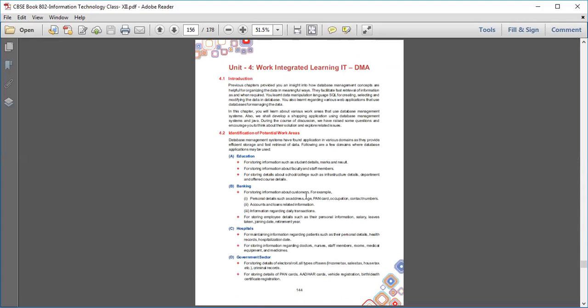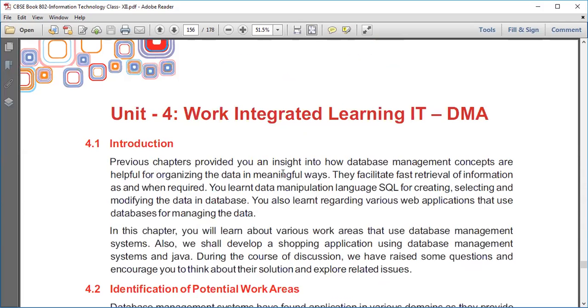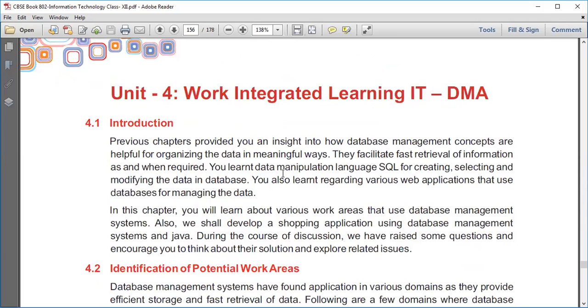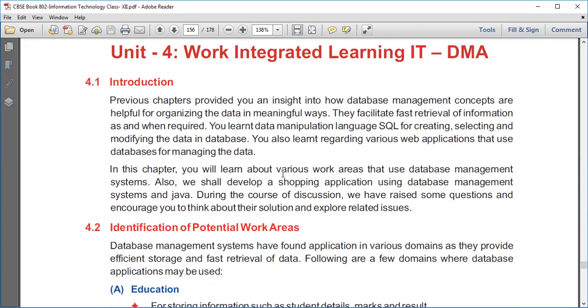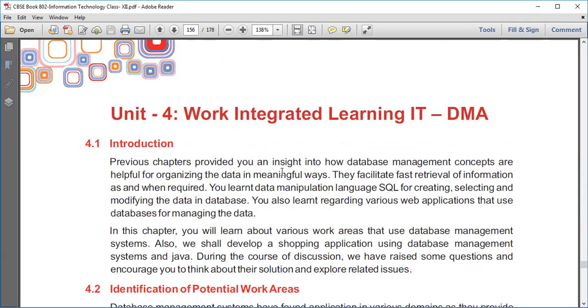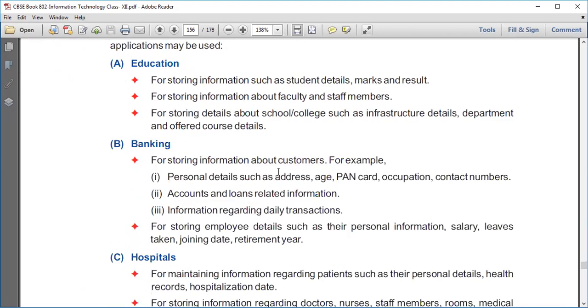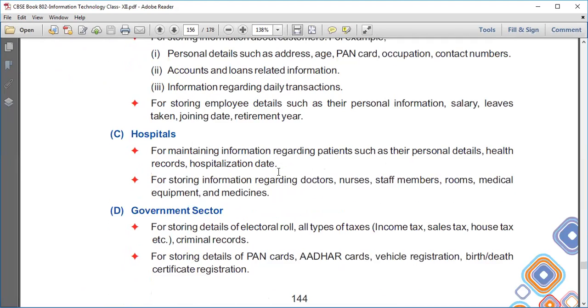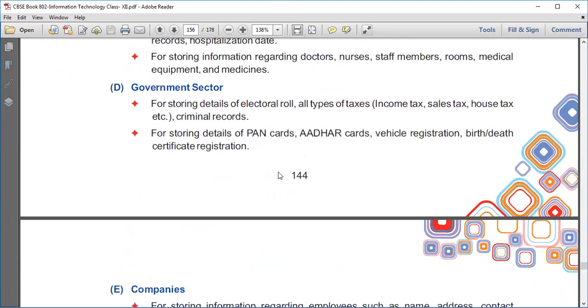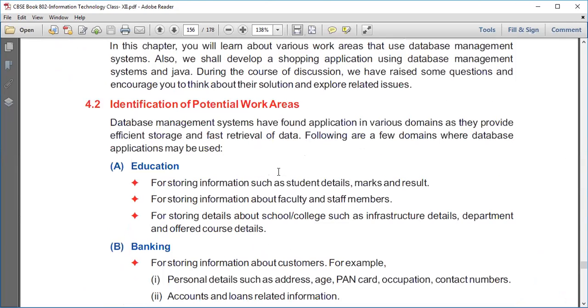अब इसके बाद the unit 4 is all about integrated work integrated learning in IT. That this program, this unit can only cover up if we know how to connect Java and SQL together. How we can join both the things, and only then we can do. So like there's some